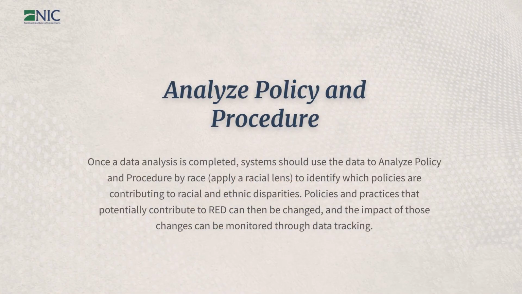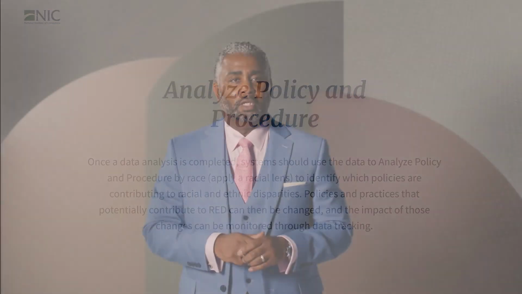We analyze our policies and practice. Once that data walk is completed and we look at where those disproportionate representations occur and where those disparate outcomes occur, the next thing is to really start analyzing our policies. In this process, we also do a root cause analysis, and we try to find out what are the root causes to some of the disparities. And that root cause analysis will drive you to policy and practice. Are there policies and practices and procedures in place that facilitate some of the disparate outcomes?